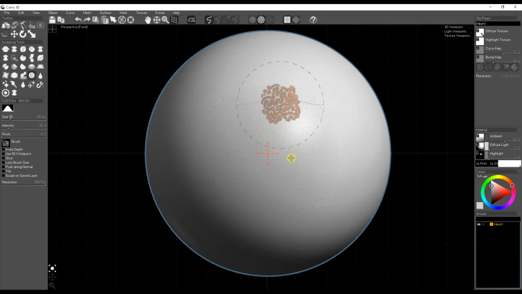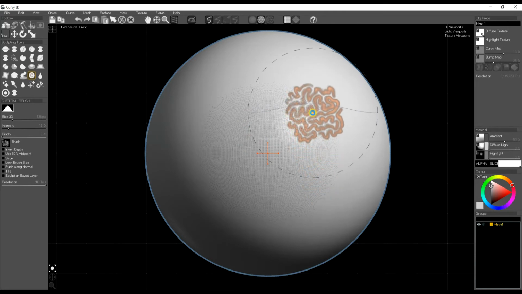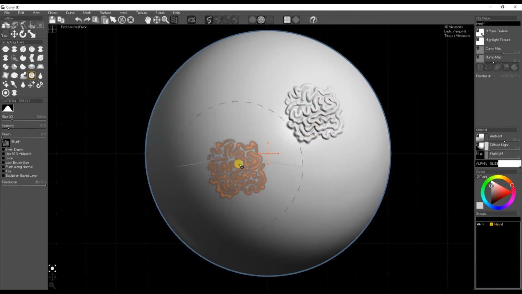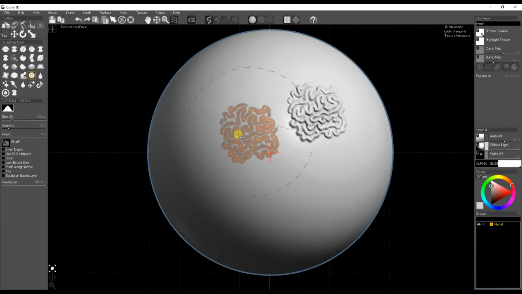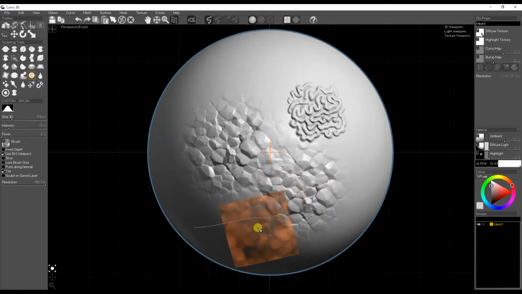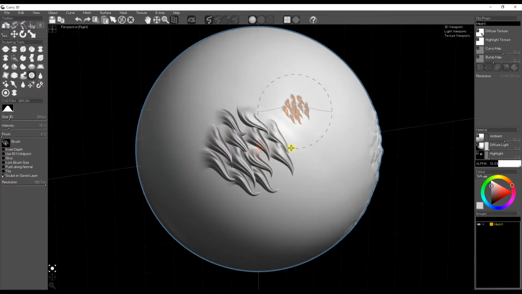Then I picked the custom brush from the sculpting tools and loaded up a greyscale alpha image, and now I can splat that and stamp it onto the surface. I can change the size and rotation with a right click drag. I've just loaded up another mesh with tiling set on, and